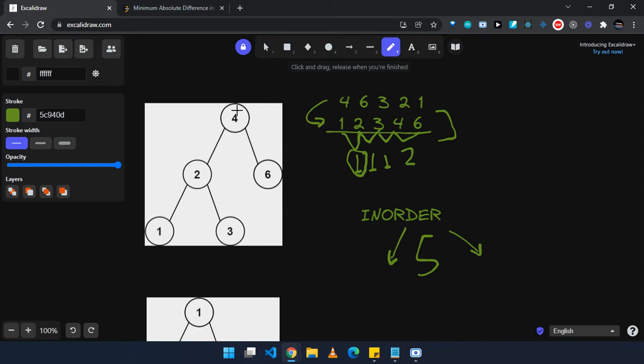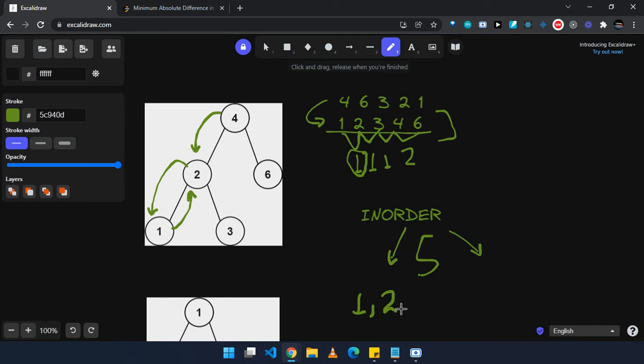So here if we perform inorder traversal, we will go to the left part. In the left we will again go to its left. It has no left, so it will come back to itself. The self node will be 1. Then it will go to the right, it has no right, so it will come back to itself again and go up. After going up, now we are at the self part, so it will be 2.